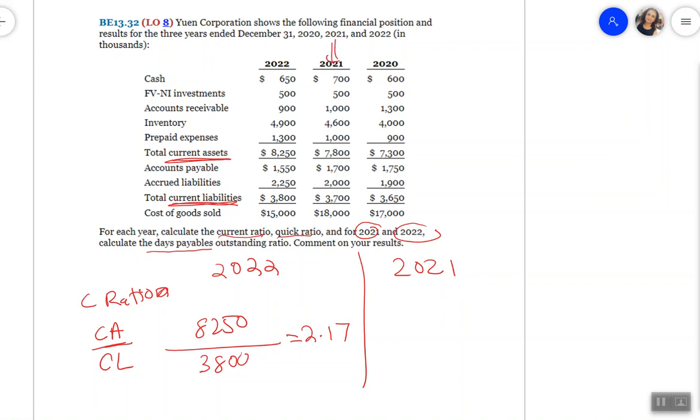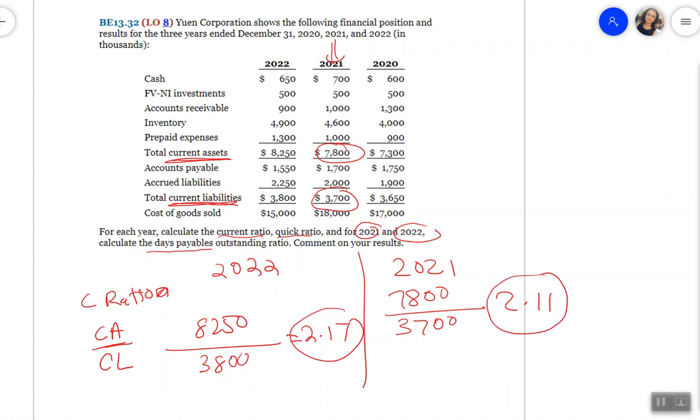So if I were to do it in 2021, I have current assets and I have current liabilities. In this case, our current assets are 7,800. Our current liability is 3,700. That gives you a current ratio of 2.1. Why do we need to calculate it? The company wants to compare their